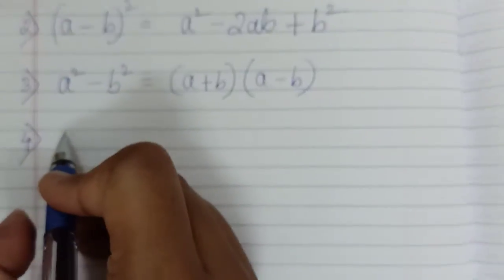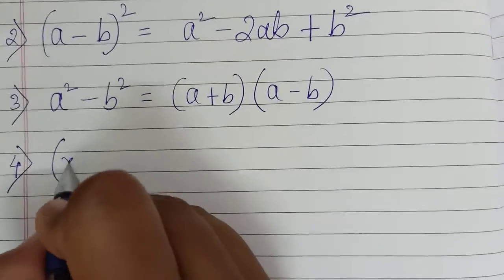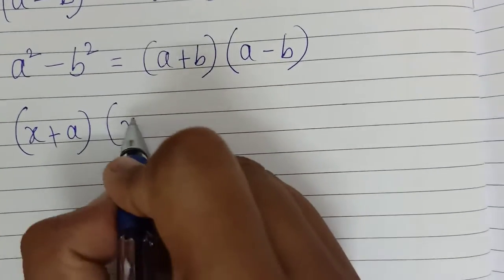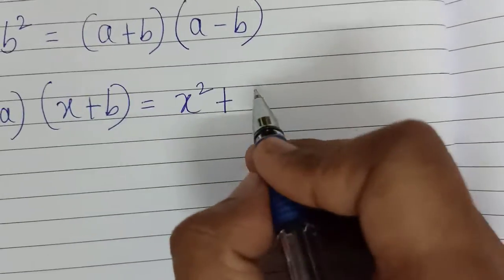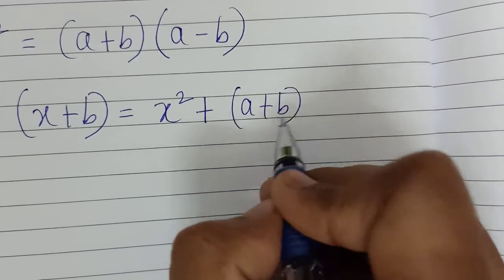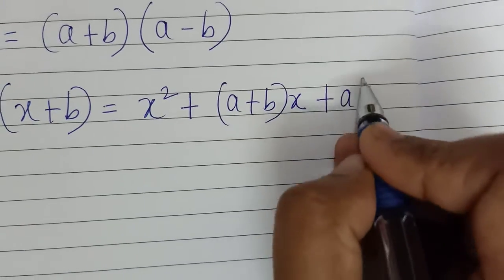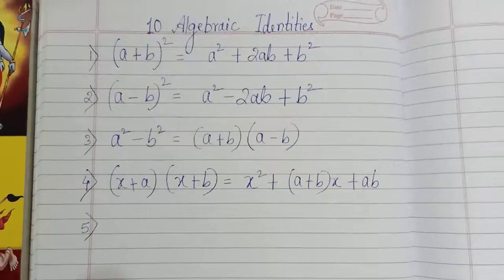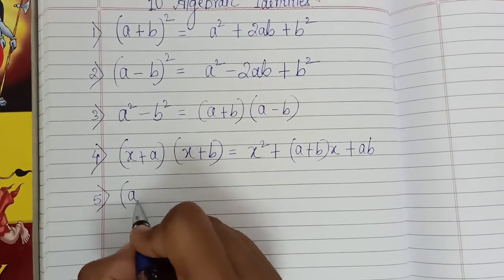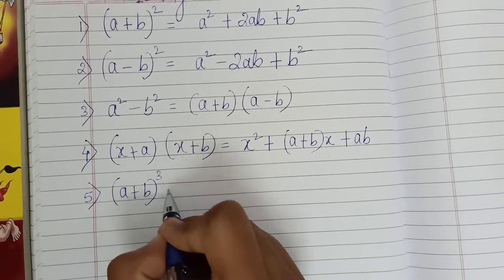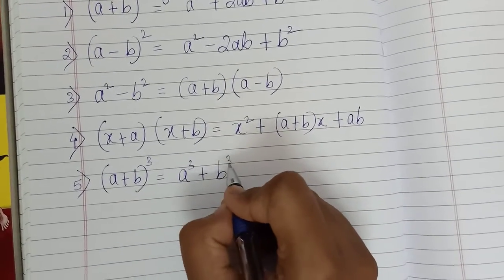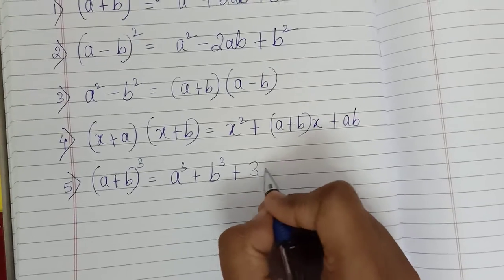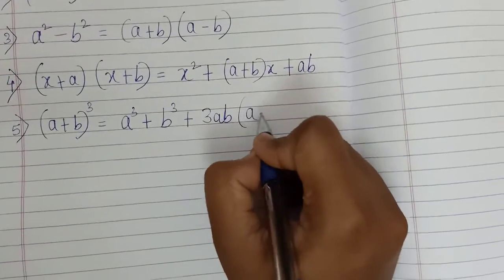Fourth is (x plus a) into (x plus b) is equal to x square plus (a plus b) into x plus ab. Fifth is (a plus b) the whole cube is equal to a cube plus b cube plus 3ab in bracket (a plus